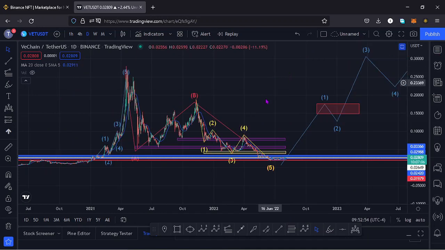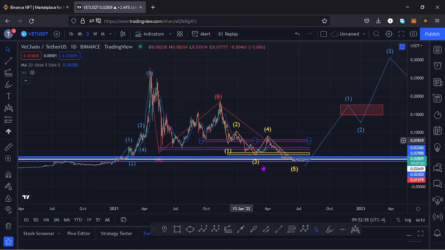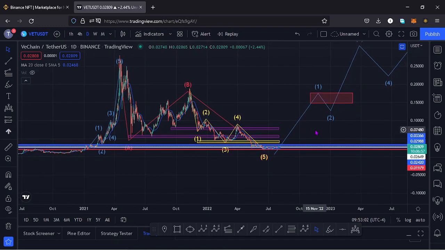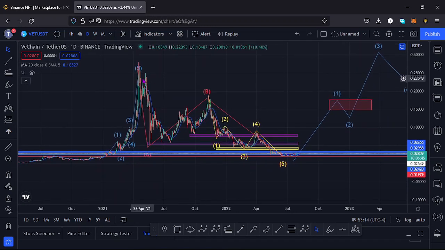And in this video I want to give the key scenarios that I expect to play out, basing my analysis on the Elliott waves and the Fibonacci's, and also the key areas of support and resistances, and also show you the key patterns that we have on this chart. So if you're interested in such content, make sure that you stick around till the end of the video. And I'll kickstart the video by giving a brief of what has been happening on this chart.